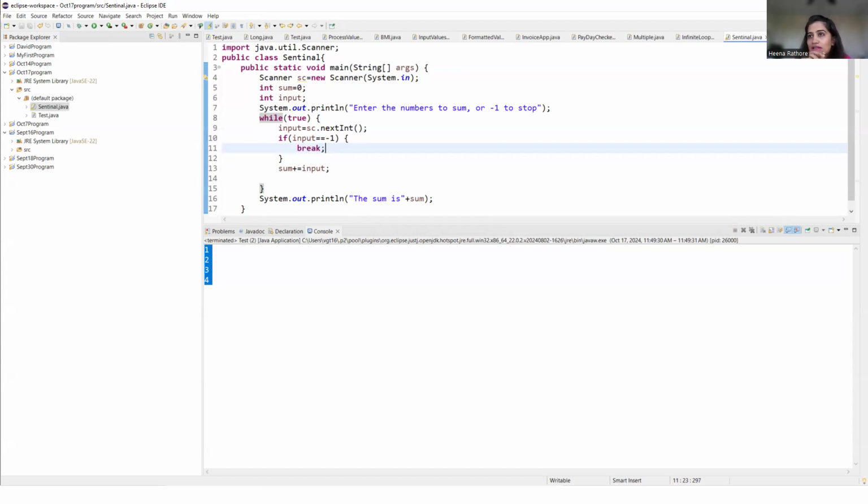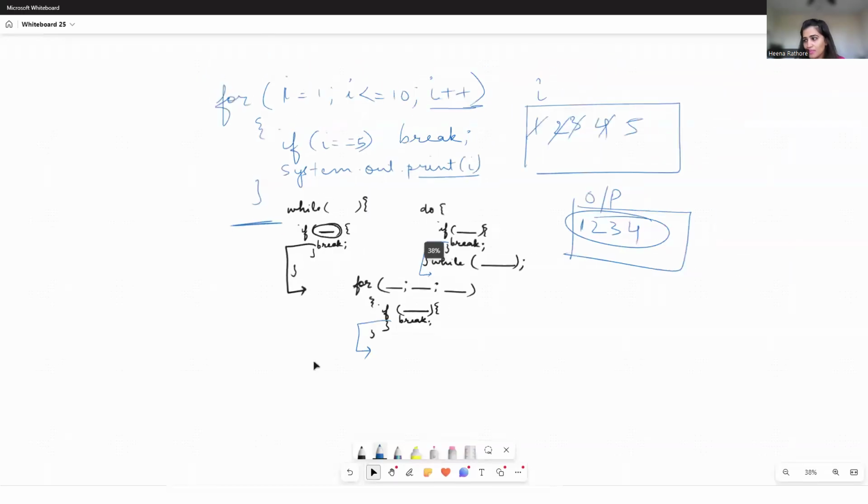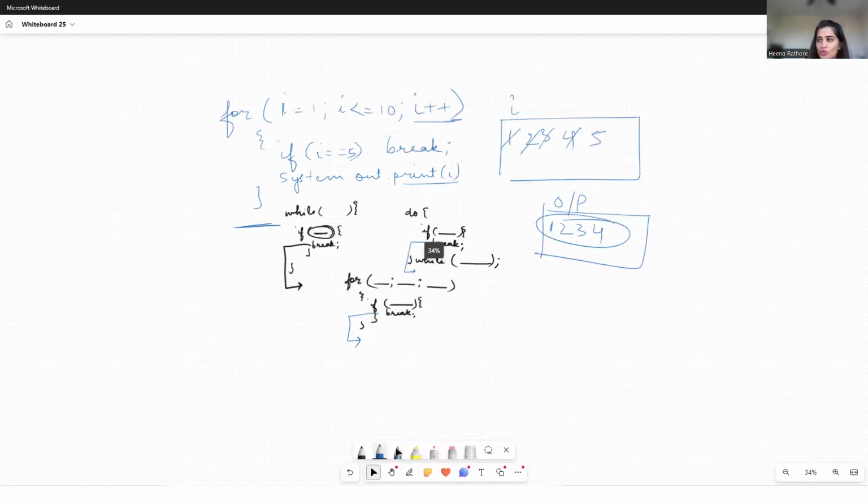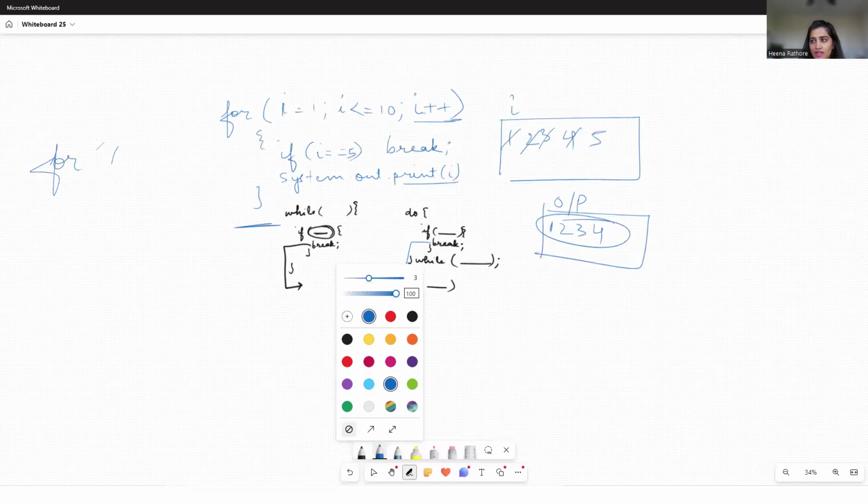Now, similarly to a while loop or a for loop, you can always write a nested loop. A nested loop is a loop within a loop. That's sometimes utilized when you are writing major programs. In that case, you have to run specific examples where you have one loop doing some kind of process and another loop doing another kind of process. So you will write a for loop, and inside the for loop, you will write another for loop. And inside this, for instance, if you write that if a specific condition is reached, then break,